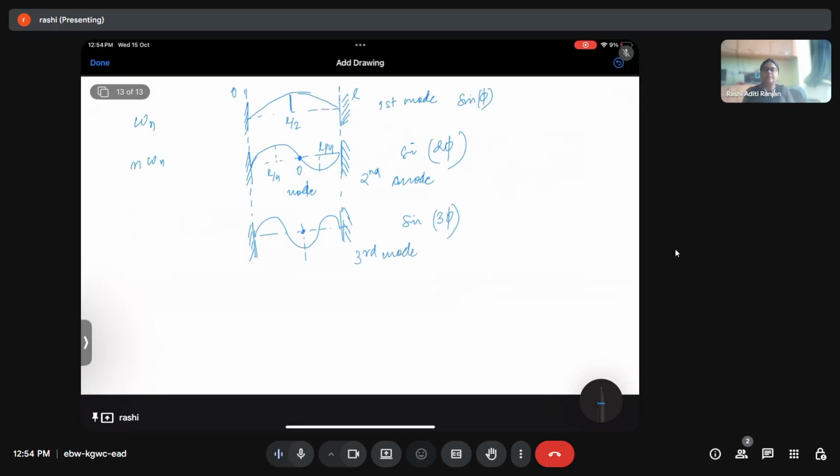It is having the maximum displacement, right? Apart from that, now there are two nodes. There are two nodes now. In the earlier case, there was one node. There are two nodes, which are at the distance of L by 3 and 2L by 3, right? So this was for the string fixed at both ends. Okay,